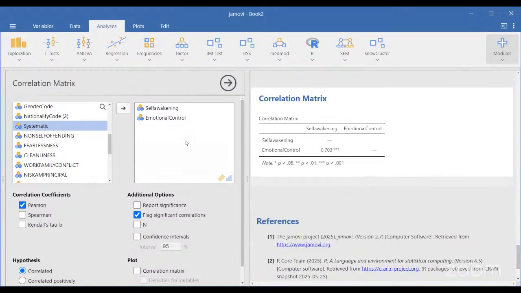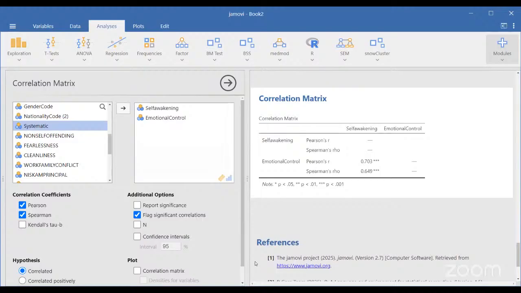Yes, sir. So the result is 0.703 with Pearson. Now if you click Spearman, then you find it is 0.65. So you have to click both Pearson and Spearman, so here you can find out